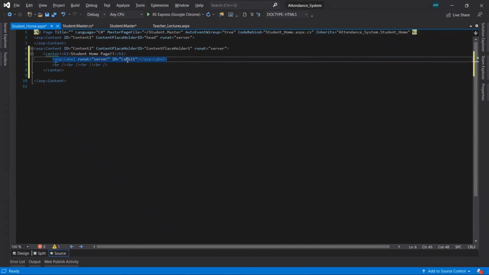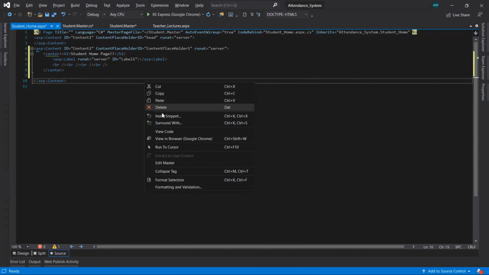There is no altered or newly added property. It's the same as when we add a new label control. The properties are runat server and ID Label1. So we have not provided any extra property inside the label control. After that, we have taken the br break tag.